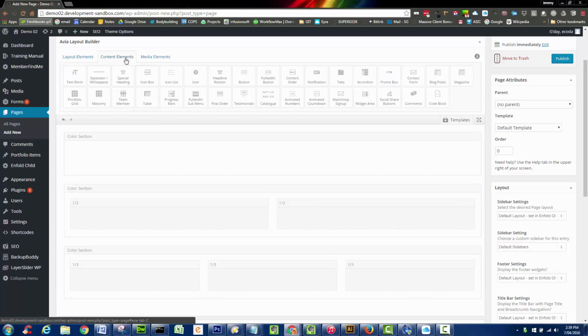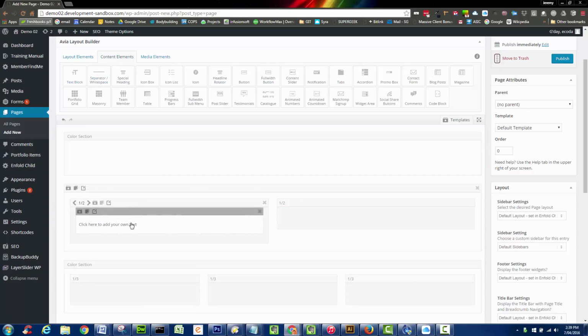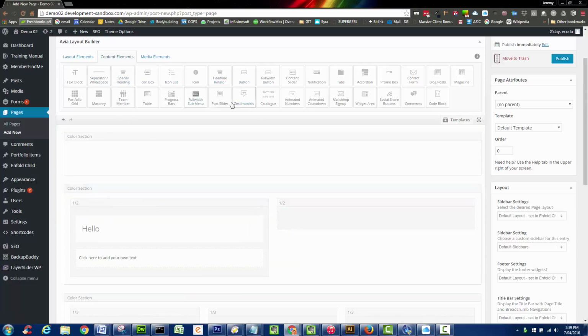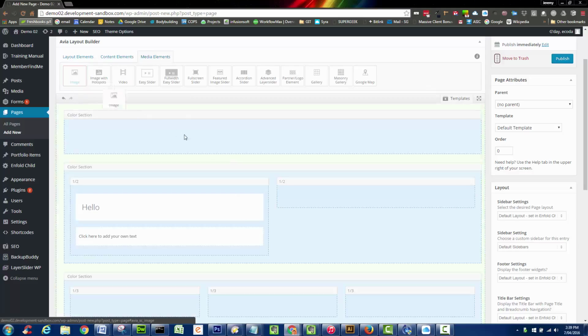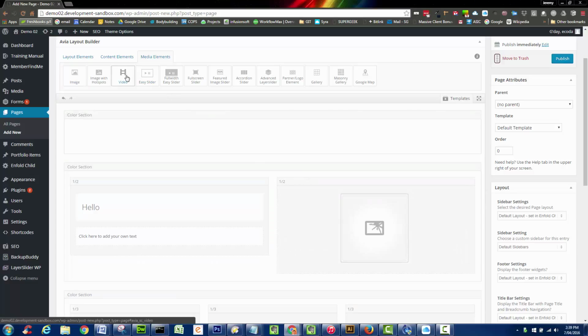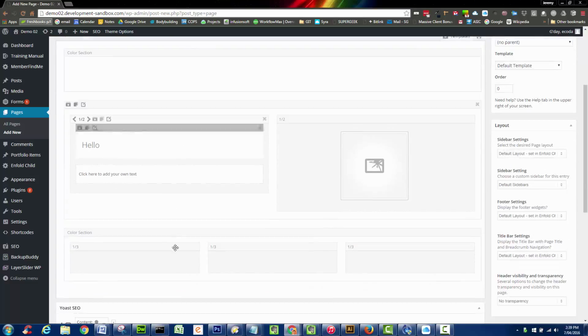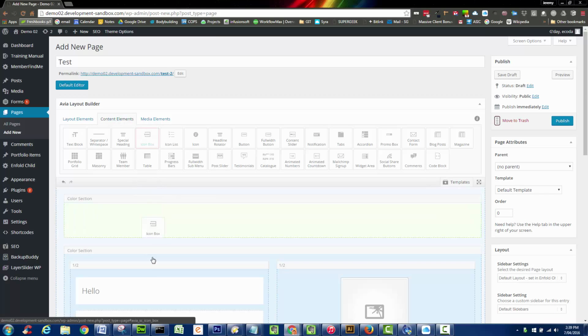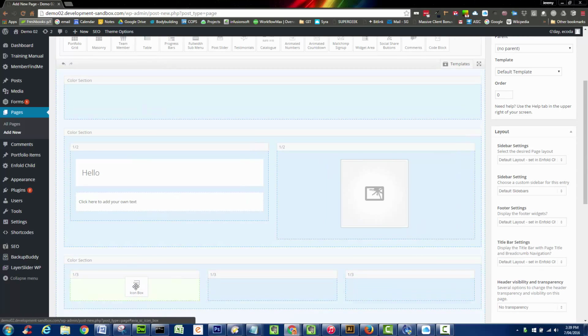From there, we apply content elements, perhaps a text block, a heading, and you'll see that there's all sorts of functionality that's kind of been pre-configured. You just need to drag and drop it into the display layout framework. Let's get some media elements, such as an image, but as you can see, we can put a slider or a video in there just as easily. Down the bottom, these sections might be icon boxes. So let's just put a little icon box in there